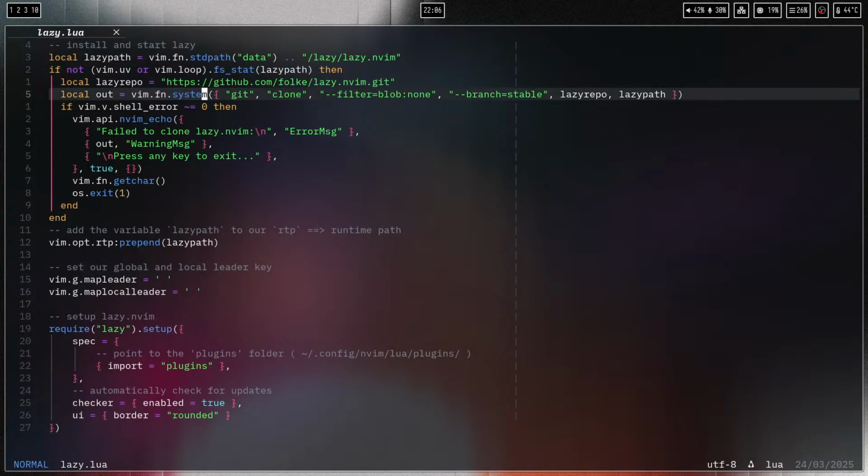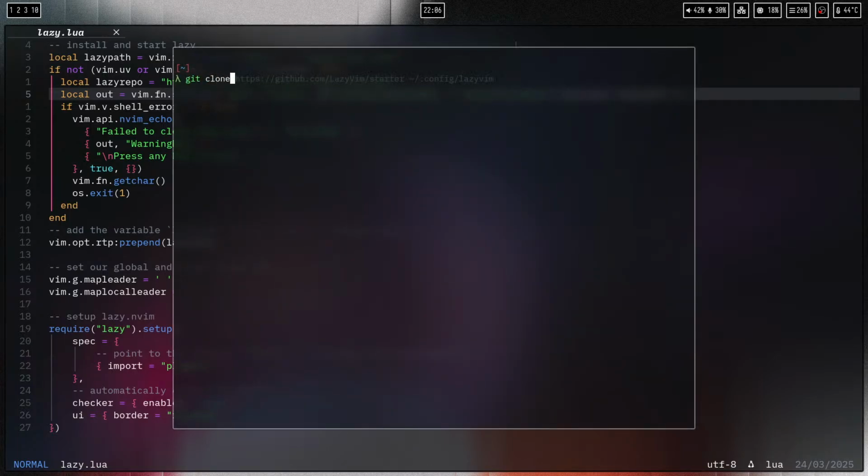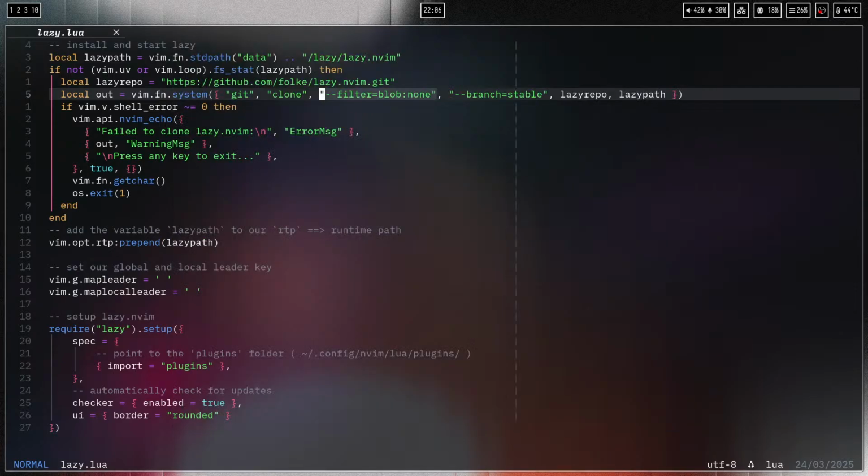Vim, and you could say Lua also. You could say this is Lua, yeah, but we are using the Vim API, so Neovim's API, you know. So we are actually doing, instead, you see how it's like git clone. This is actually being run like git clone HTTPS, you know what I'm trying to say. This is actually like what is being run in the terminal, and whereby lazy path is the data path for